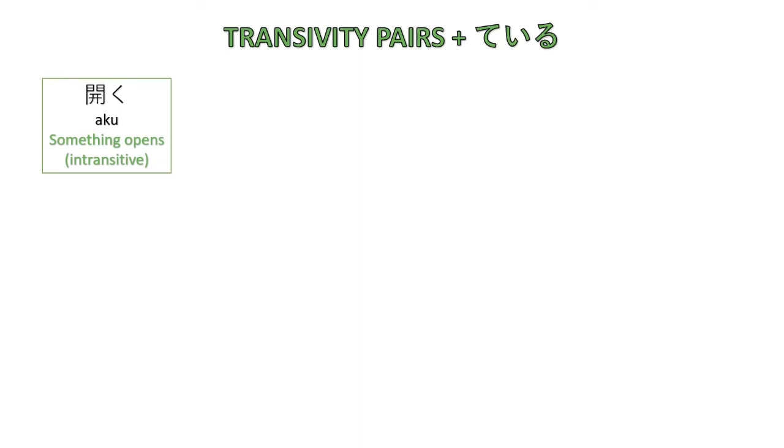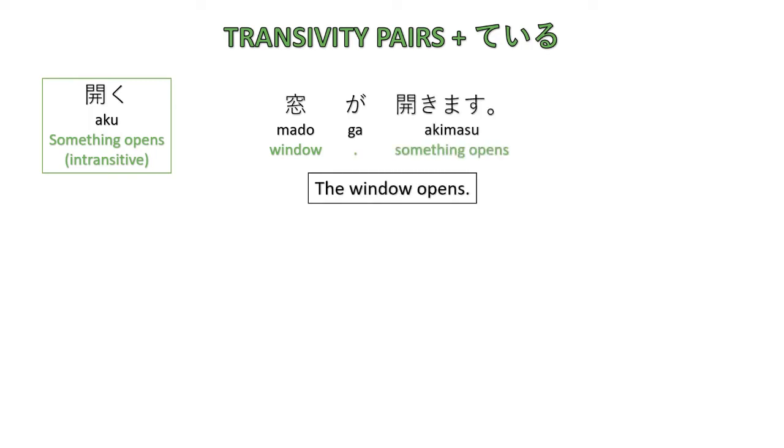Now for the intransitive verb, something opens. Again, mado ga akimasu. The window opens. So you see the window opens. The window opens by itself. So mado ga akimasu. Now if we change it to teiru, mado ga